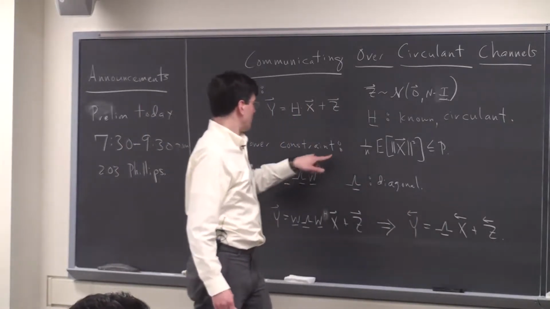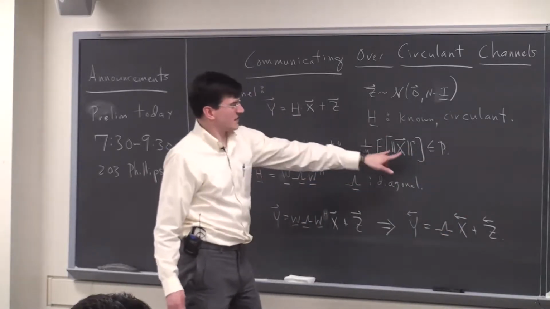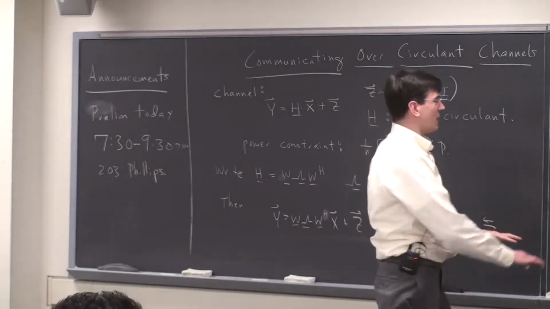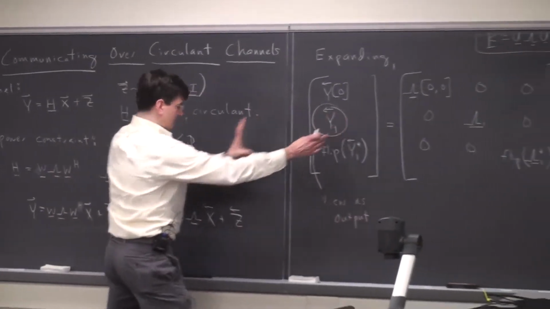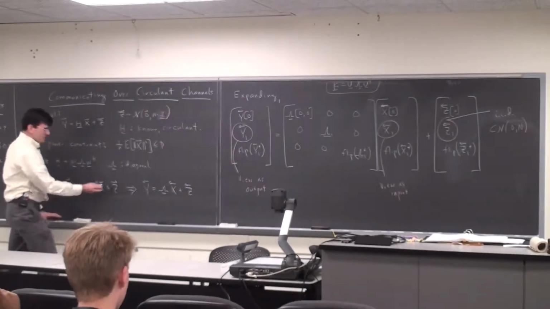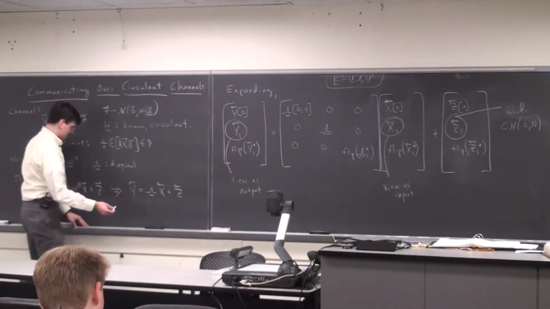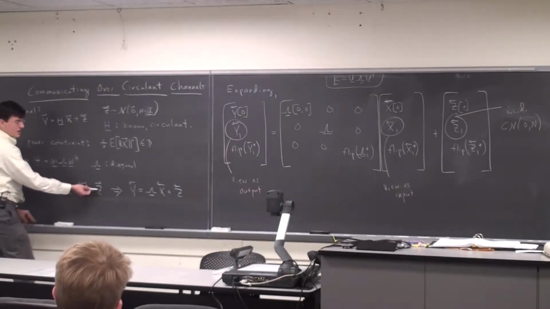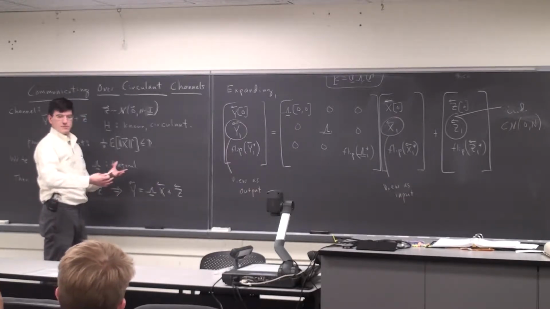And then there's the power constraint to worry about. You have a power constraint on this X, and you have to choose X in such a way that it satisfies the power constraint. To address all that, we, among other things, expanded this equation out. This equation here is just a blow up of this one. All three of these signals, X, Y, and Z, are DFTs of purely real signals. Y is purely real in the time domain, X is purely real in the time domain, and so is Z. So when you convert to the DFT domain, you get complex vectors with a certain structure to them.